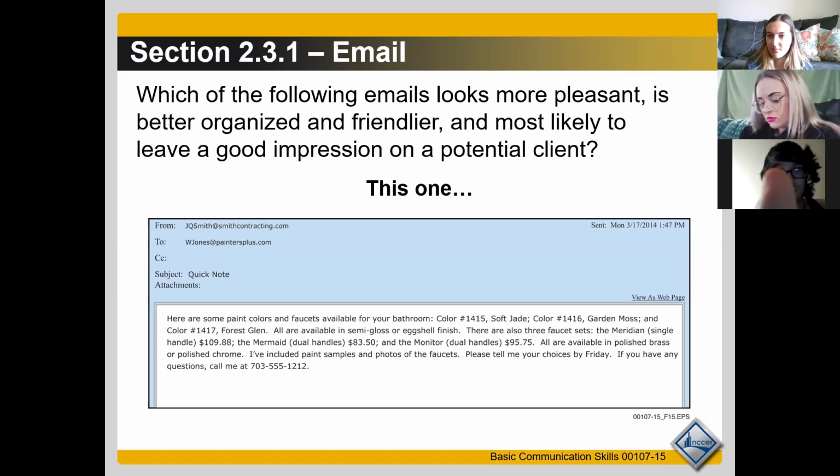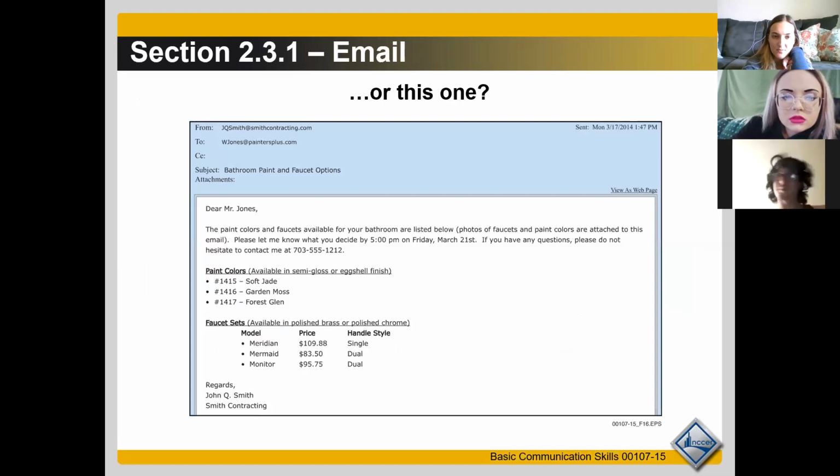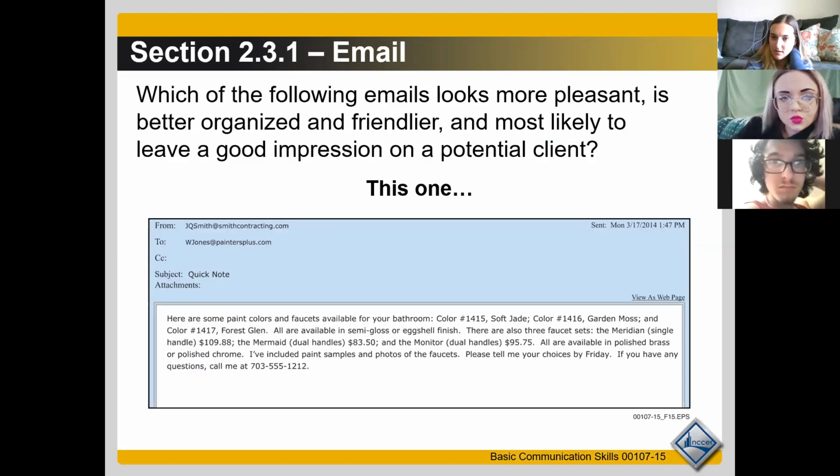You can look at this email, make sure you study it pretty well right now. Then I'm going to flip over to the next email, and I want you to tell me which email you would prefer to send in a professional setting. Okay, so here's email number 1. Then I'm going to show you email number 2, which is this one. If you were sending this, it's the exact same information as the first email. Would you prefer to send this one? Would you prefer to send this one?